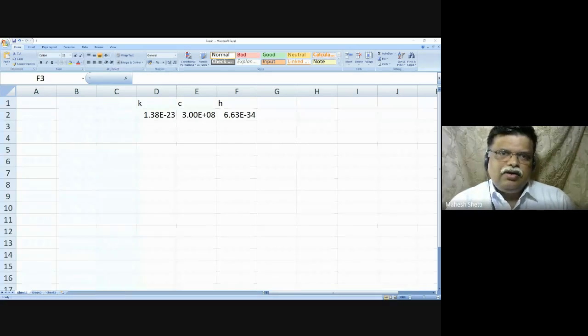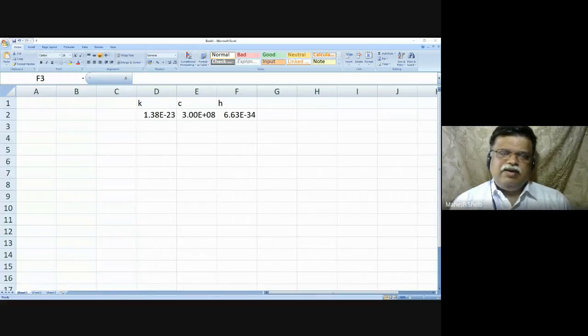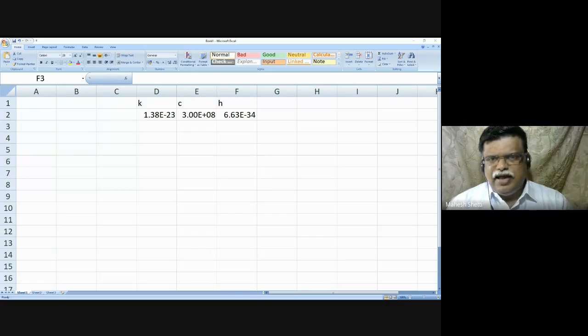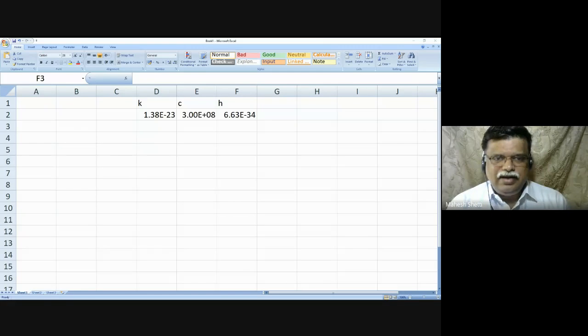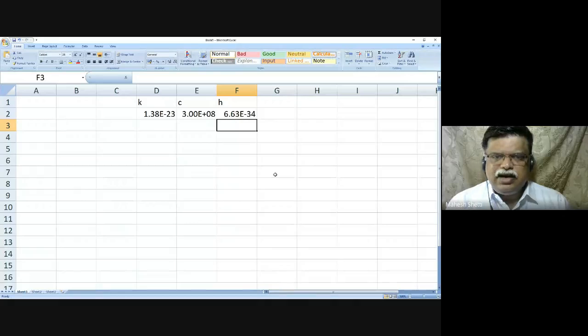Avogadro's number generally people remember. I don't know why people remember only that number and don't remember many other numbers. But well, people do remember 6.02 10 raised to 23 per mole, or 6.02 10 raised to 26 per kilomole. Now again, SI unit means we have to bother about 6.02 10 raised to 26 per kilomole, and a reciprocal of that is approximately 1.67 into 10 raised to minus 27 kilogram. That will be typically 1 AMU, or mass of say hydrogen atom. And taking that, you can convert other things easily.